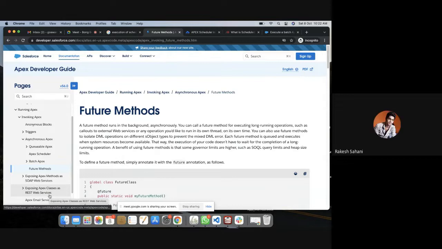Right? Okay. But think about this batch Apex: when this Apex will execute, it will execute in future, whenever you are scheduling it or calling it. So it is not executing then and there. So that means this is not synchronous. What does it mean by synchronous and asynchronous? Synchronous means